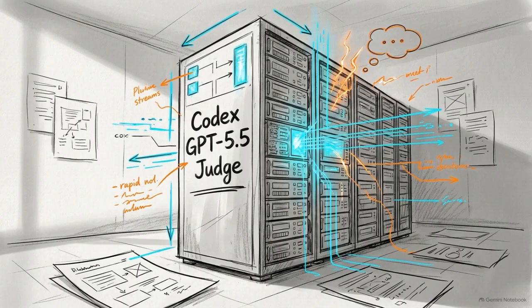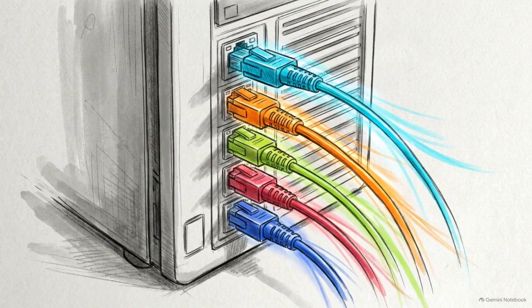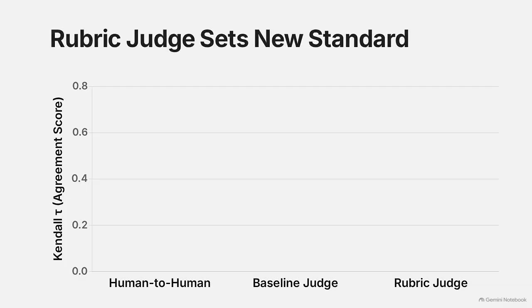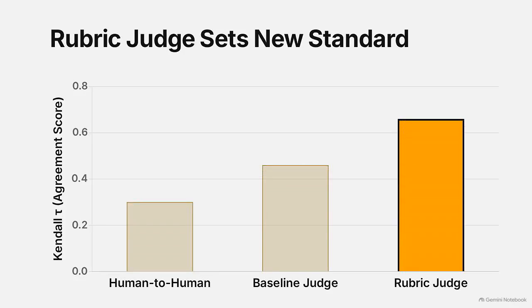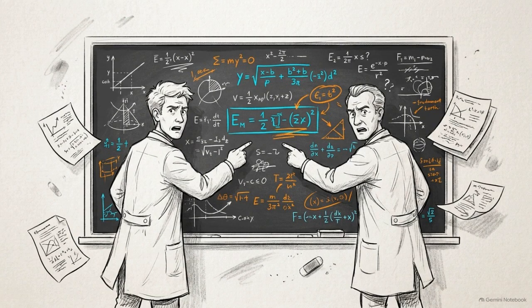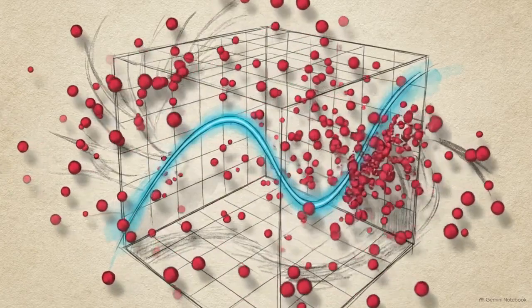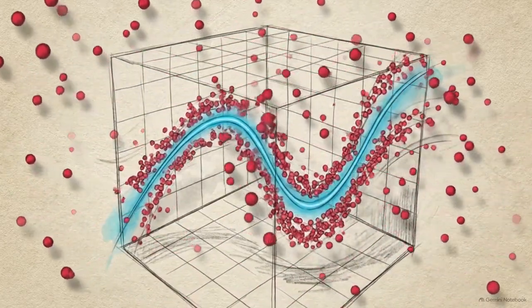The judge itself is Codex GPT 5.5, and its access is massive. It receives the redacted paper, the agent's code, the entire Git history, and the goal plot, and the ability to re-execute the agent's code to test its claims. This chart visualizes the validity of the reward signal. The rubric judge achieves a Kendall-Tau self-agreement score of 0.66. For context, PhD-level humans only agree with each other at 0.30. Minimizing judge noise and human variance is the prerequisite to converting subjective scientific evaluation into a stable mathematical reward signal